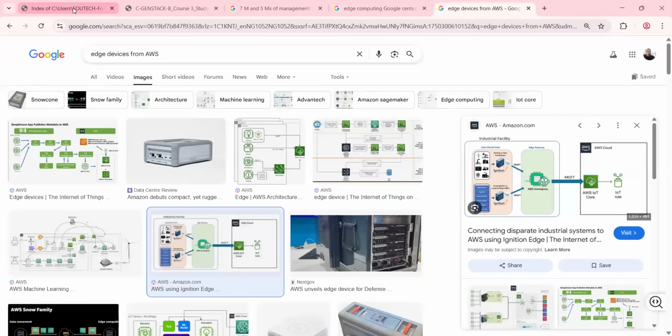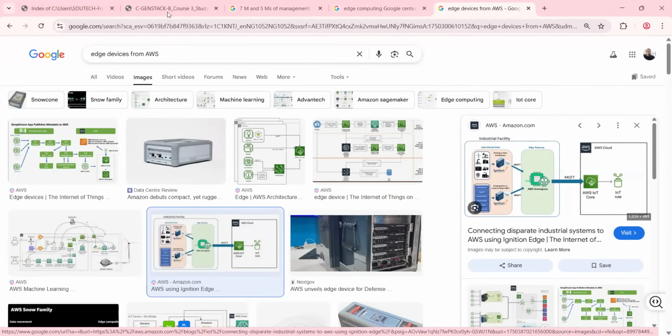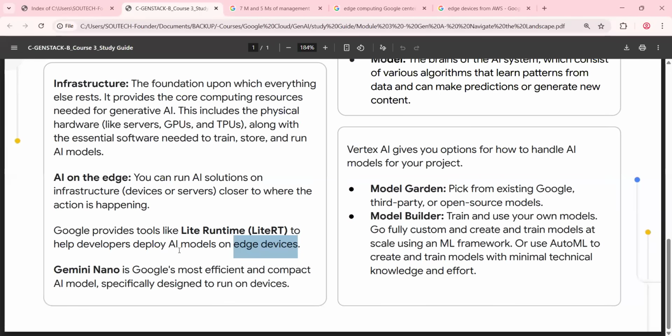This course is actually beyond the scope of some of these, shall I say, advanced things. But if you intend to take the Google associate certifications or the professional certifications, you get far more clarity about all of this. But just understand that Gemini Nano is just a minified version of your regular Gemini program that can run on those edge devices.